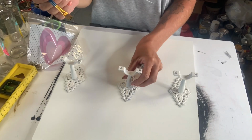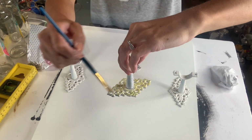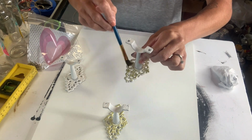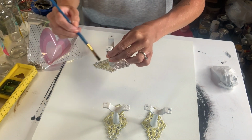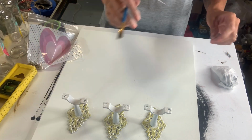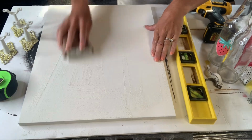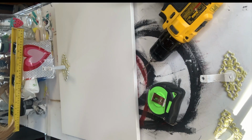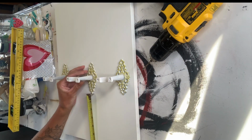And I allowed those to dry, and then I took some Spanish olive and a small art brush, and I just lightly painted on top of the design on the bottom part of the hardware. I then went back to my board, and using a 220 grit sandpaper, I gave it a light sanding. And then I measured about 10 inches from the bottom of the board, and I put the hardware